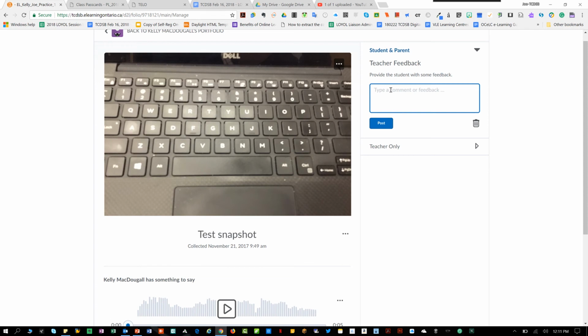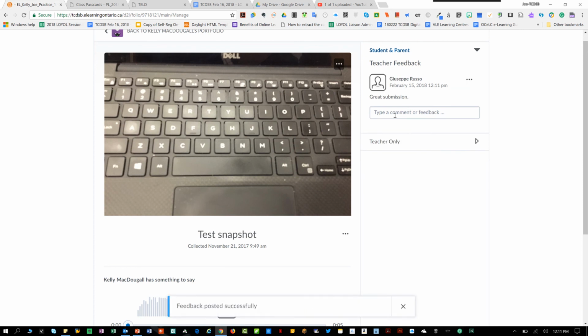So for example, in this space, as teacher feedback that I want the student and the parent to be able to see, I'm going to enter something in like grade submission,